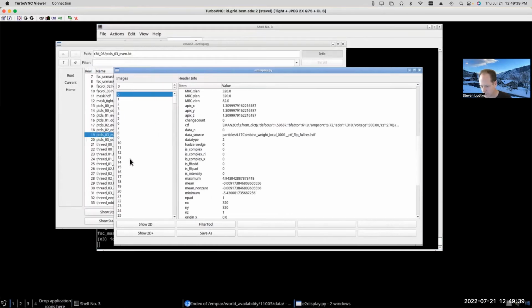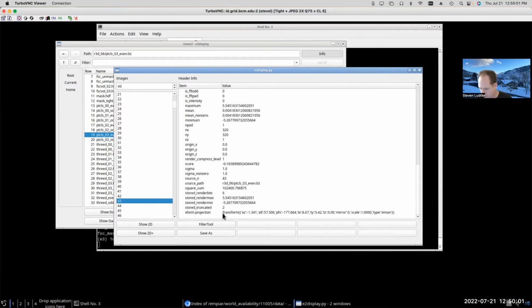Make this a little wider so we can see it. So you can see this one is referencing something from this file, and if we move down a little bit more, you can see now it's on to a different file. But the file contains CTF information, which came from the original image file, from the HDF file. But we also have this transform.projection parameter, which came from the LST file instead.